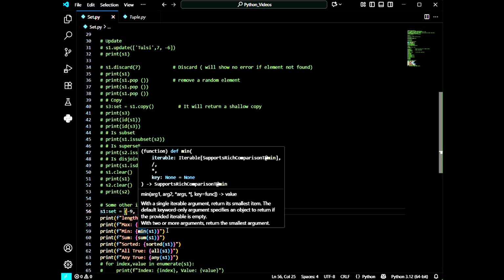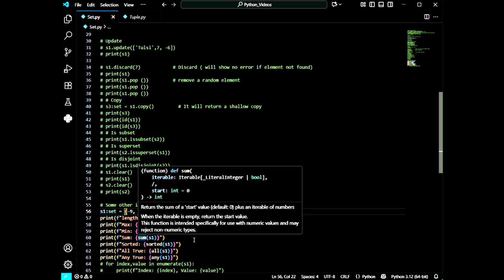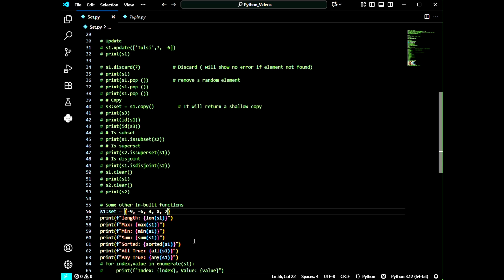Okay, so here I am using the max function to get the maximum element present in the set, and here I am using the minimum to get the minimum element present in the set. One thing I need to mention here is that I can use the maximum, minimum, sum and sorted functions only when I created a set of numbers. Because if I create a set